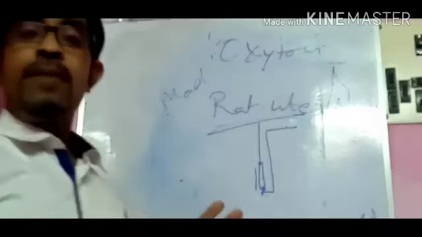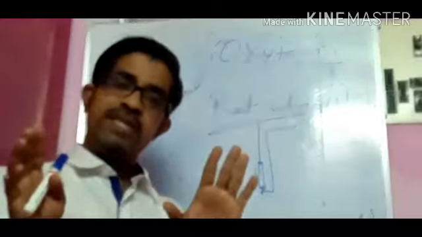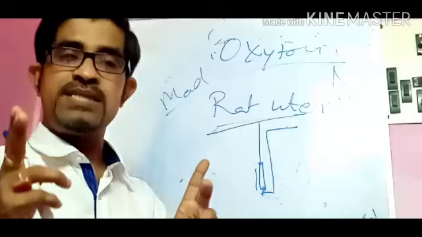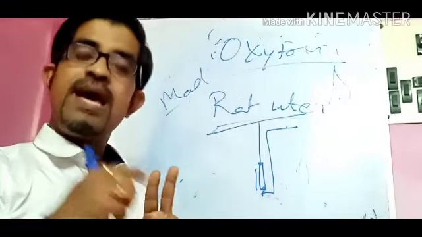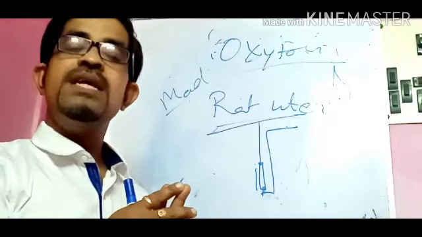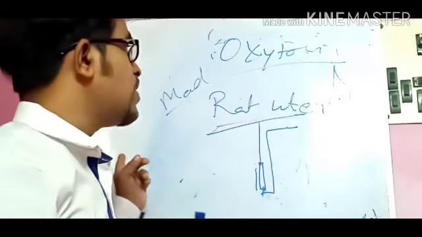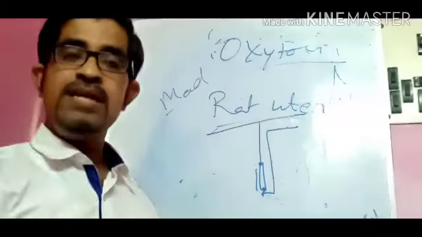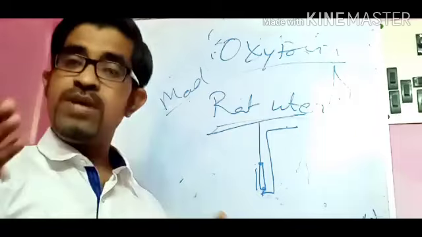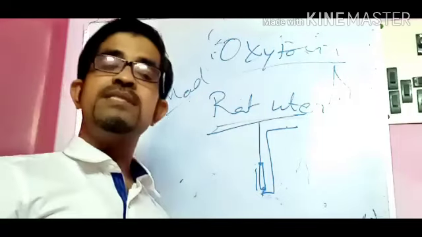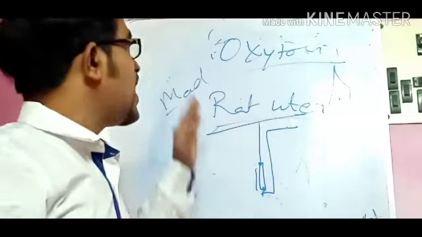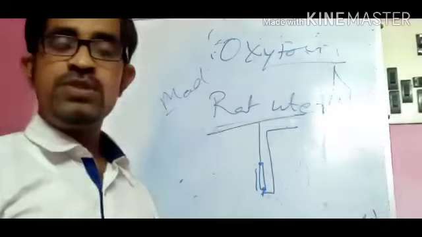So today we have discussed three bioassay techniques. Number 1, histamine. In histamine we found two models: one is the guinea pig tracheal chain, and the other is the guinea pig ileum. Next we covered the bioassay of insulin. There also we found two models: one is the rat, where we used alloxan, and one is the rabbit model, where we used streptozotocin. And the last one is the oxytocin bioassay.